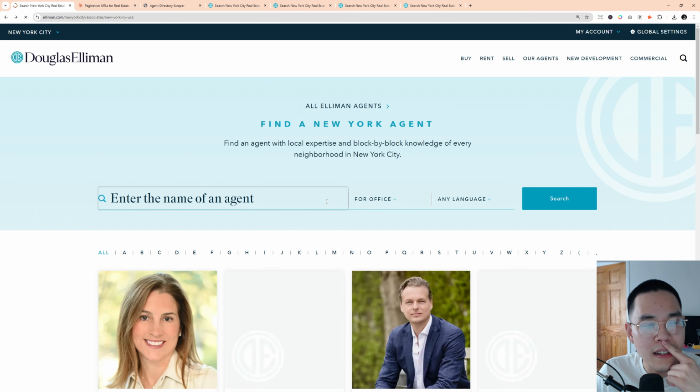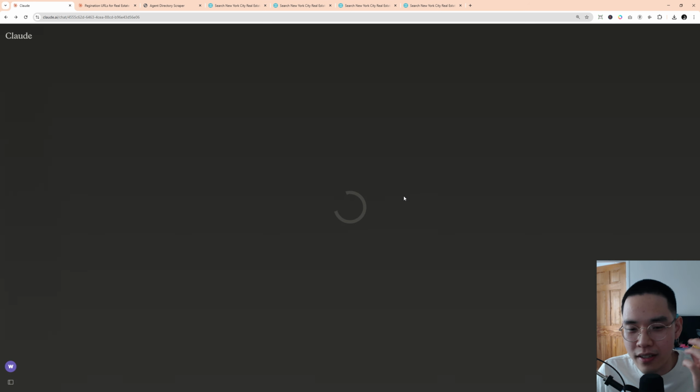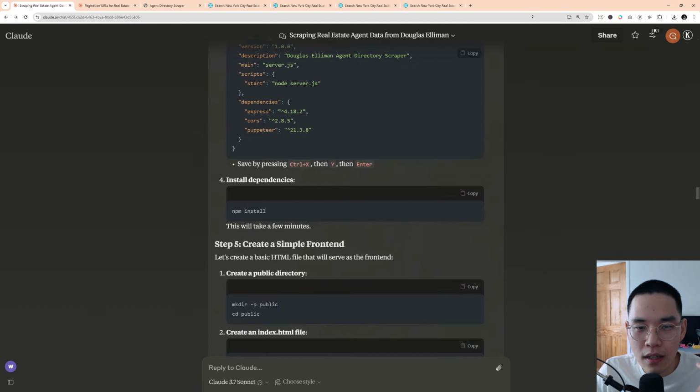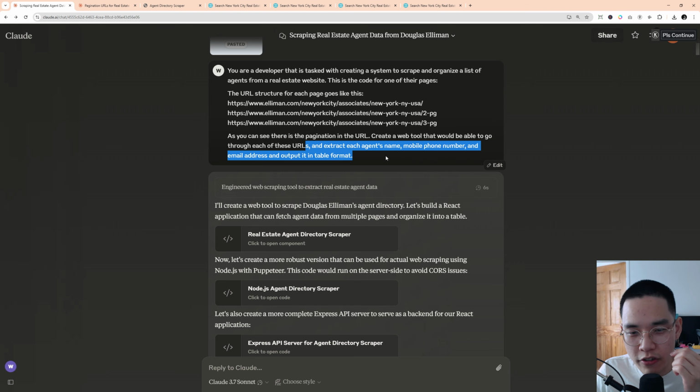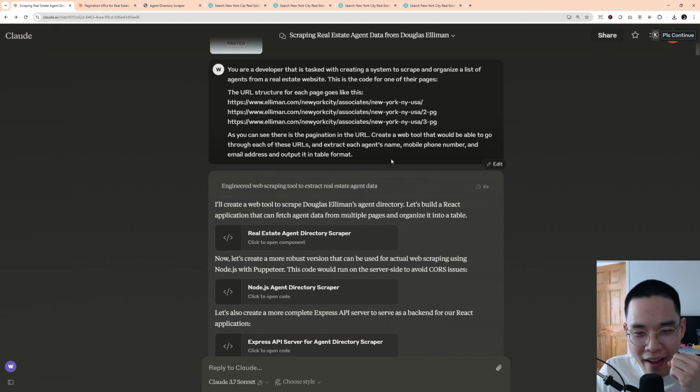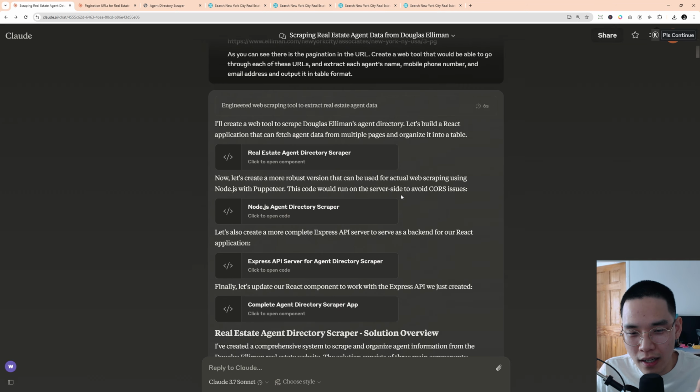And as you can see, there's a pagination for the URL. Create a web tool that will be able to go through each of these URLs, extract each agent's name, phone number, mobile phone number, and email address, and output it in a table format. So it created something